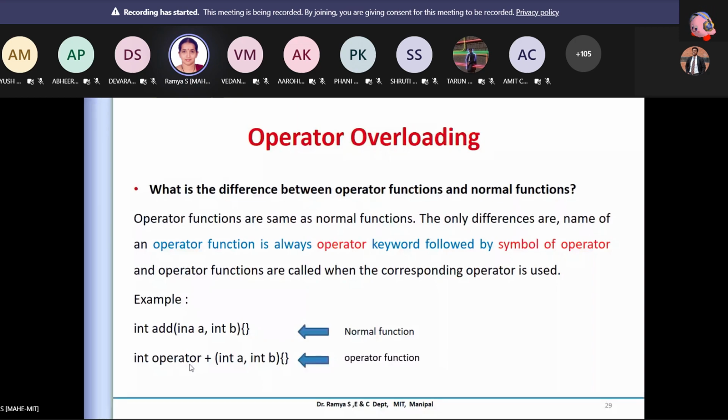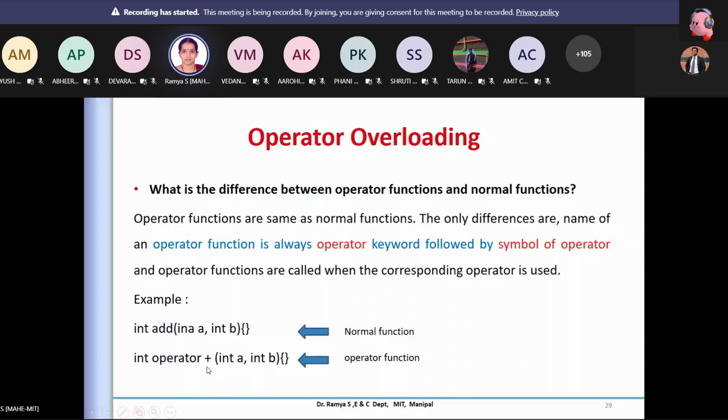We call this overload because this symbol, the operators or whatever we are using, already has a particular functionality attached to it. But the user can define or modify that information or capabilities by doing this operator overloading. So already some function is attached to this, but I can change that capability. That is why it is known as operator overloading.